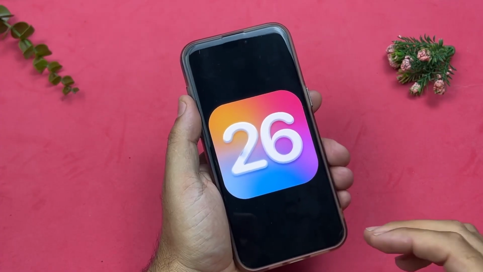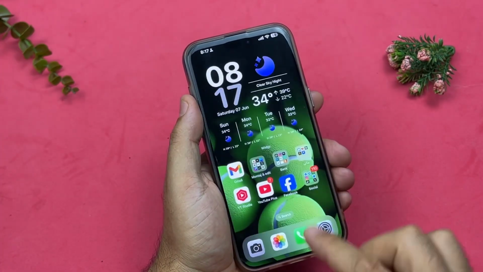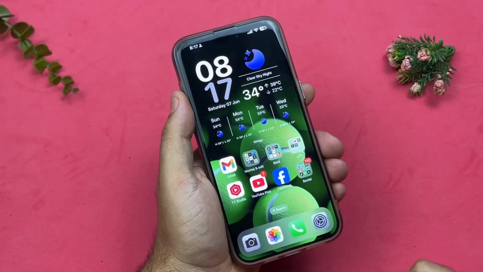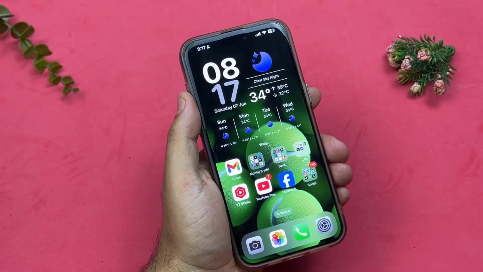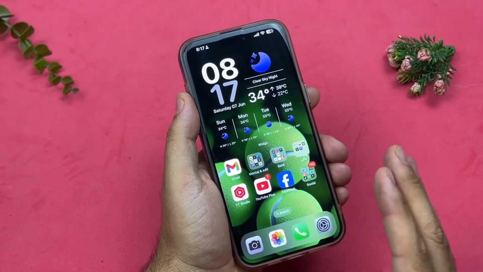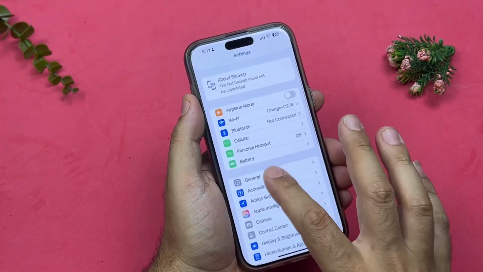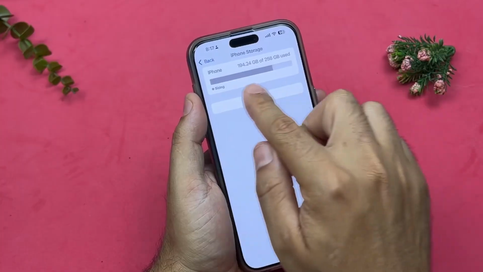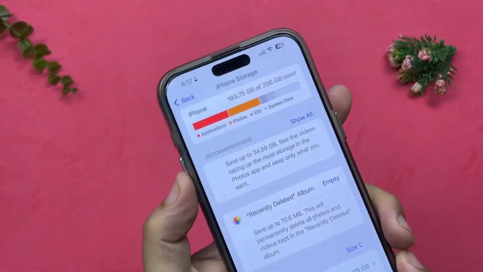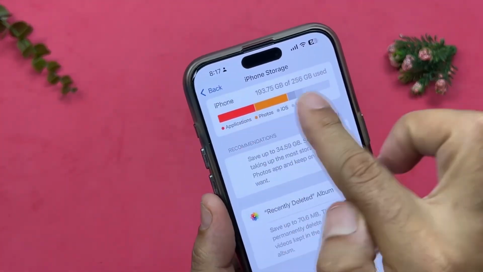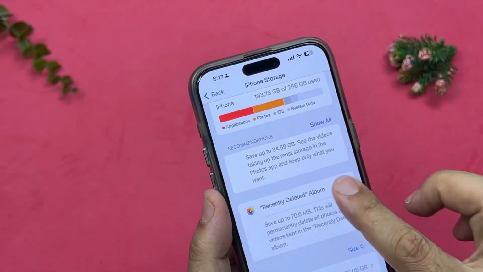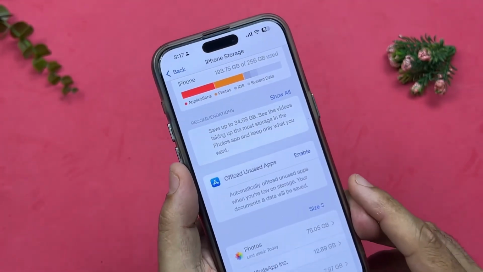Because the first beta version is for developers, and it's very likely to have bugs, freezing, performance issues, or battery drain. Some apps, like banking apps, might not work properly with this beta version, so please be extra careful before proceeding with the installation. Second point, if you've decided to go ahead and install iOS 26, make sure your device